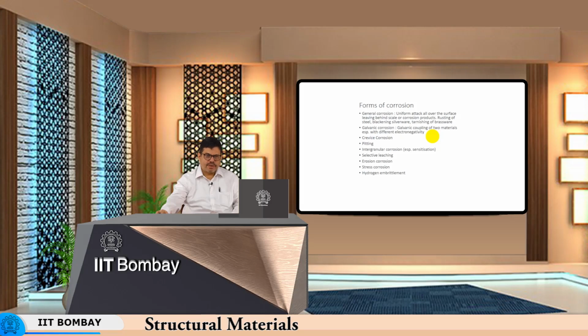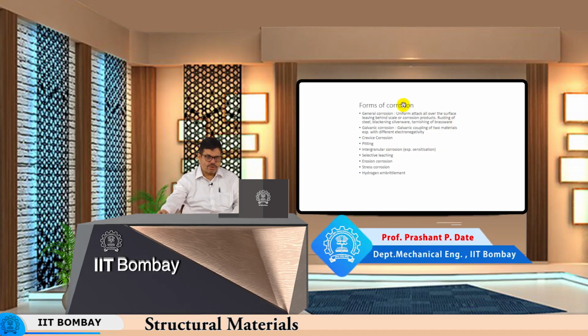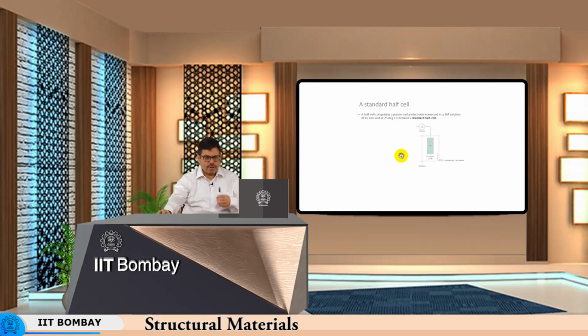We have so far seen different forms of corrosion and also different ways in which we can protect metals from getting corroded. And now we will come to methodologies for calculation of the rate of corrosion, so that we know the rate at which we are going to lose material from the structure. So now here it is